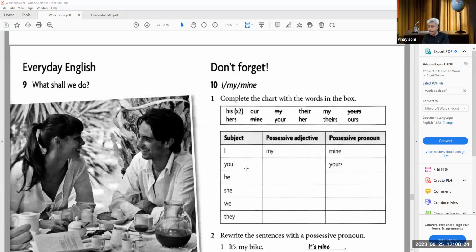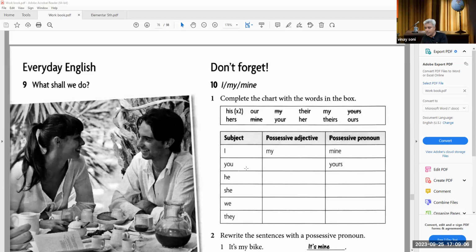I, my, mine. So I is the subject, always used before the verb. Some people use me. That is casual English, not standard English. Some people say, me and my family want to go to Goa. This is not a grammatically correct sentence for the obvious reason. You're saying me and my family want. Want is the verb. You can't say me. You must say the subject, I. My family and I would be the right order. My family and I want to go to Goa.